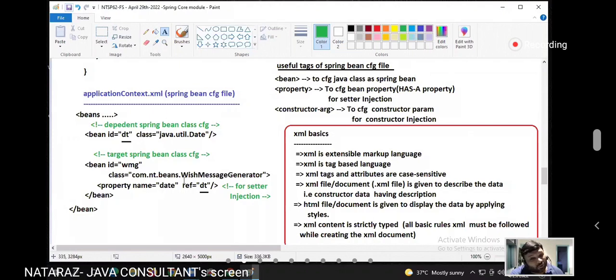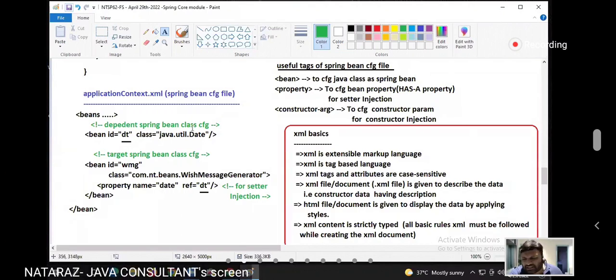So I can say wish message generator is the target class and date class is the dependent class. There is no permanent target class or permanent dependent class, guys. We see the relation, who is being used by whom. Date is used by wish message generator. That's why wish message generator is target, date is dependent.